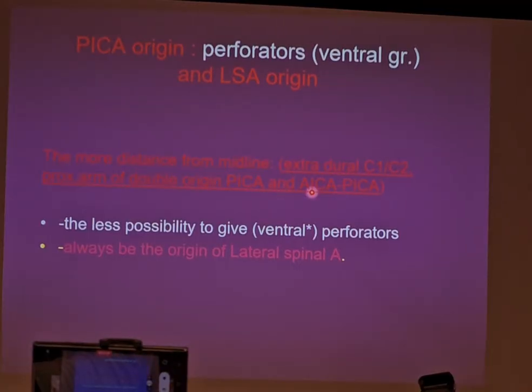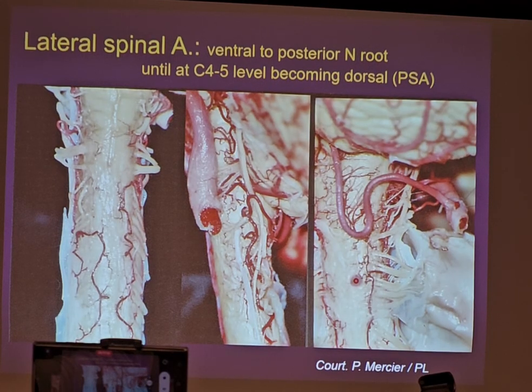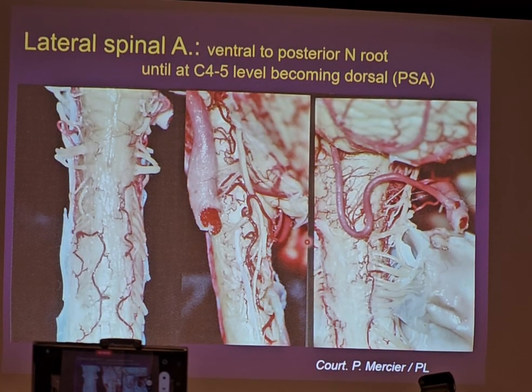We have some words about the lateral spinal artery. So what is the lateral spinal artery? I introduce you to another interesting artery that is located ventral to the posterior nerve root from the upstream, and then at the C4-5 level it becomes located dorsally. So it functions as the dorsal system of the upper cervical